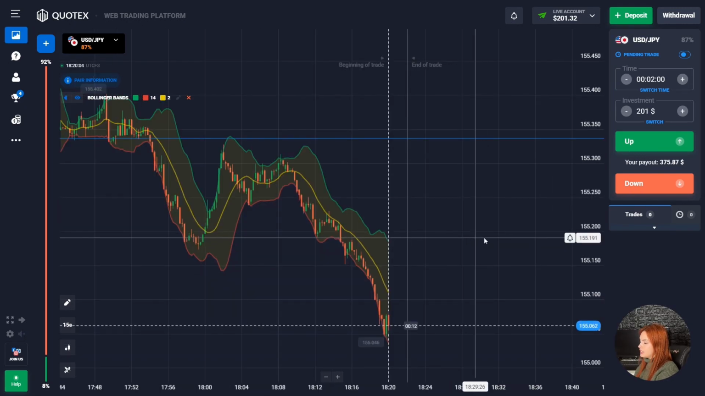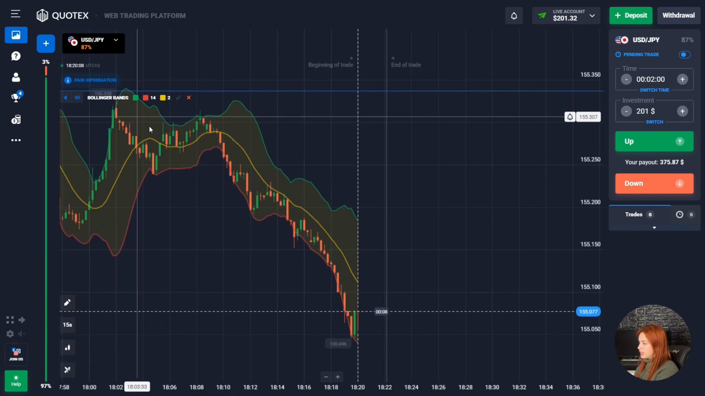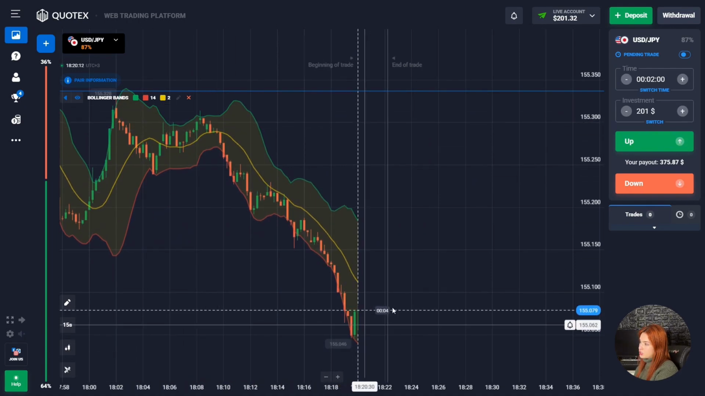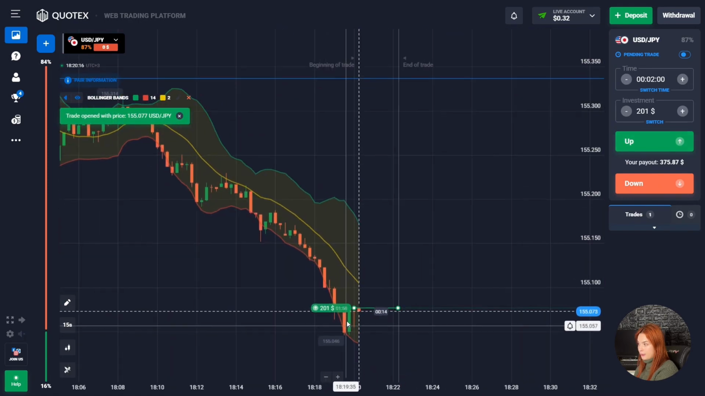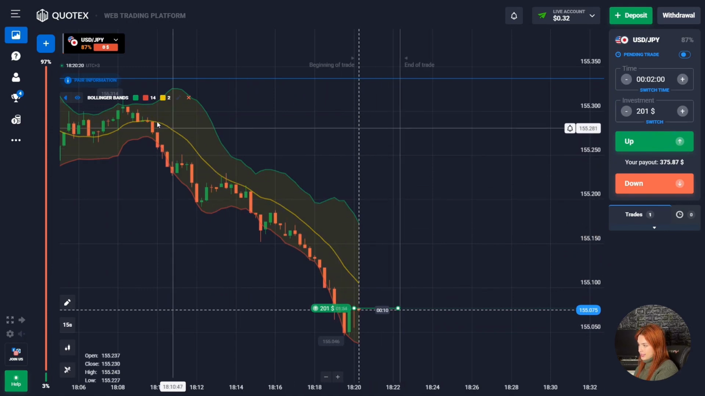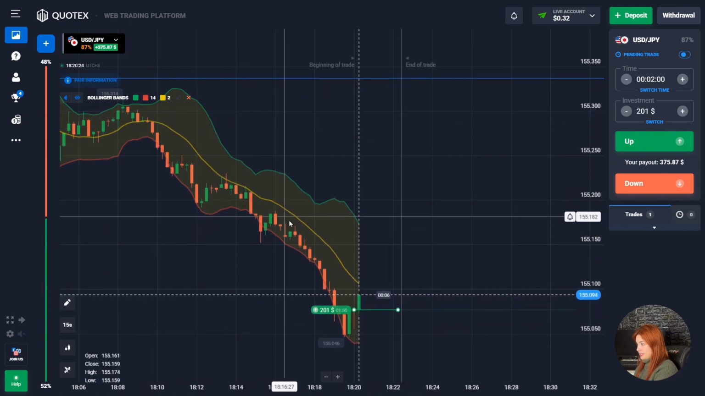Alright, as you can see here, the price is moving in a downtrend, and at the moment it touches the lower border of the indicator. Here I suggest opening a deal to go up, as I think that the price will bounce up and will show a growth. Because we see that the price has been moving downwards for a long time, mainly with red